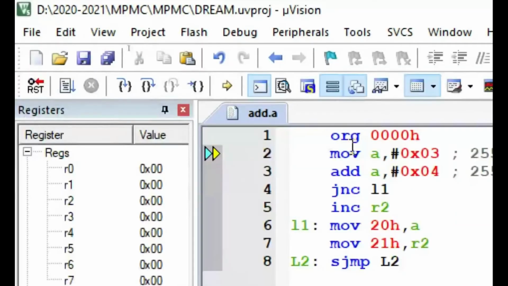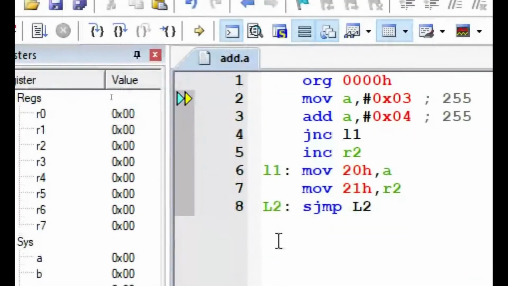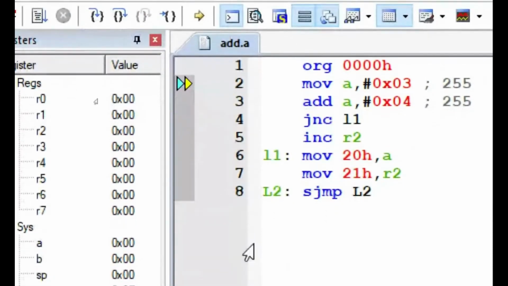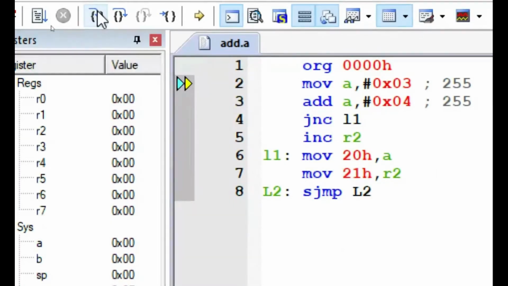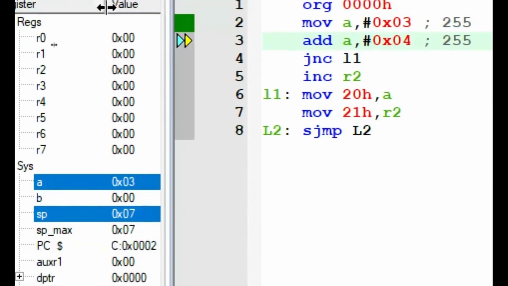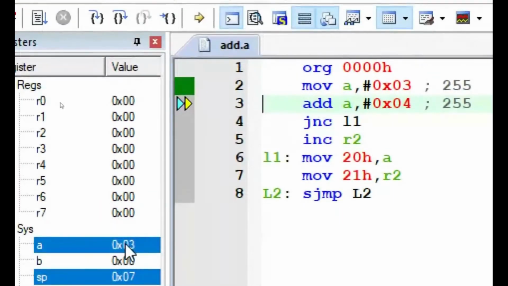It's very interesting. Now you can see accumulator will become 3. You can see we do the single step execution. Executing the second line, MOV A, #3 means move the immediate constant 3 to the accumulator. So accumulator will get 3. Observe, look at the screen, look at the cursor. So accumulator has become 3.